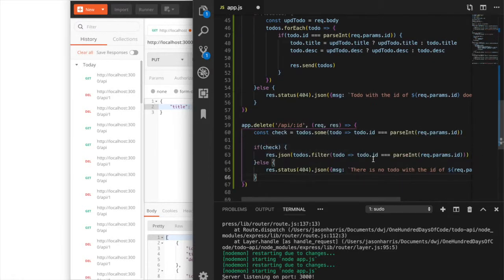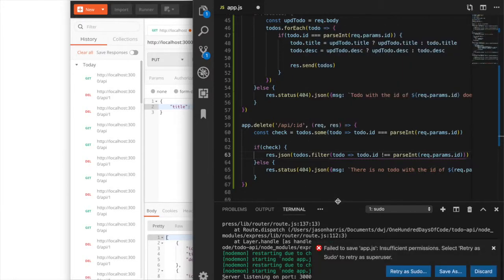And the only thing we're going to change is we're not going to be looking for the same ID. We're going to be filtering out the ID that was passed in. So we want to get the todo ID that's not the req.params.id, because we want to filter that one out. So if we save that,